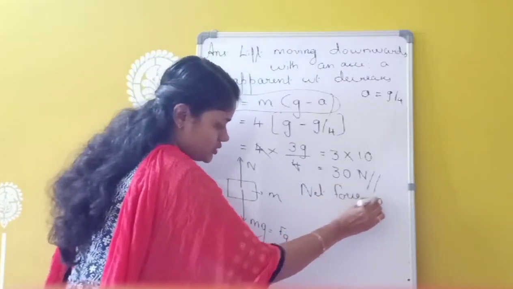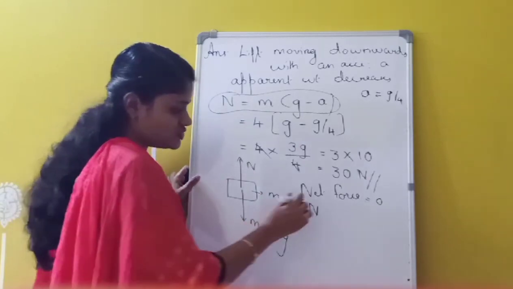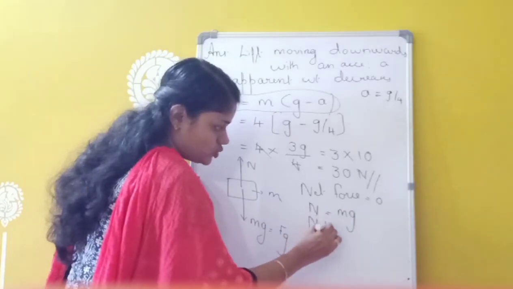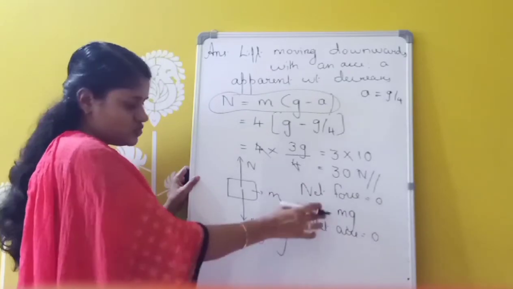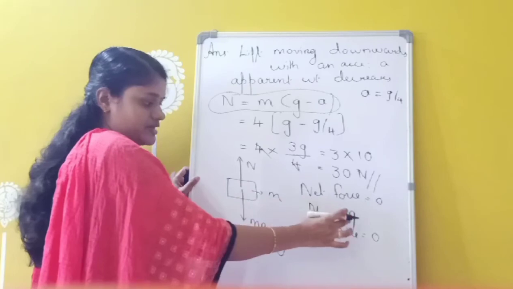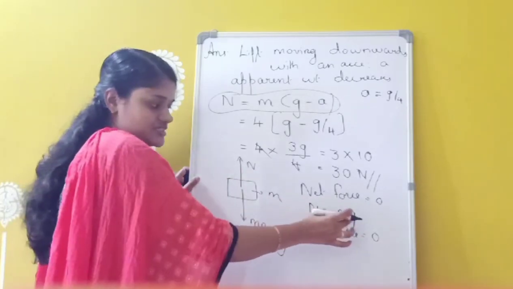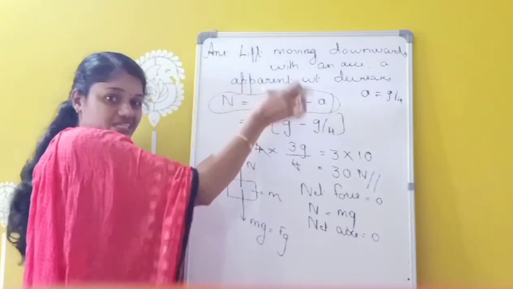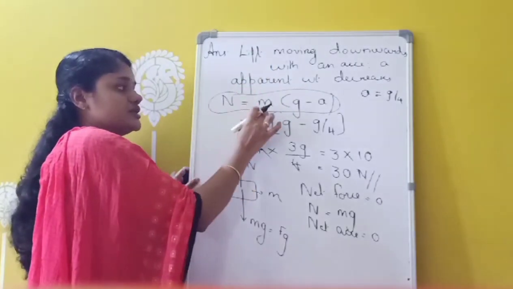Net force equals 0. That means N must be equivalent to this. Upward force must be equal to downward force, so N equals mg. That means net acceleration is 0, and net acceleration 0 means net force also will be 0. So net force acting on this person will be 0 and net acceleration also 0. At that time N must be equivalent to mg. So whenever the lift is stationary, N must be equal to mg. Whenever the lift is moving upwards, N equals m into g plus a. And whenever the lift is moving downwards with an acceleration, N equals m into g minus